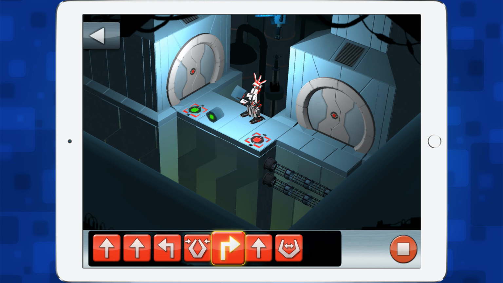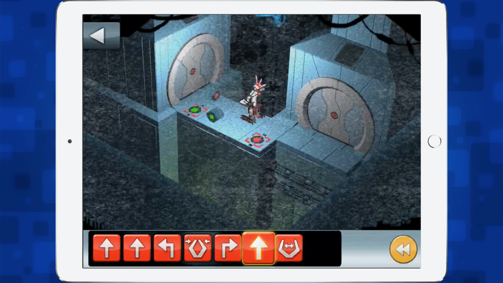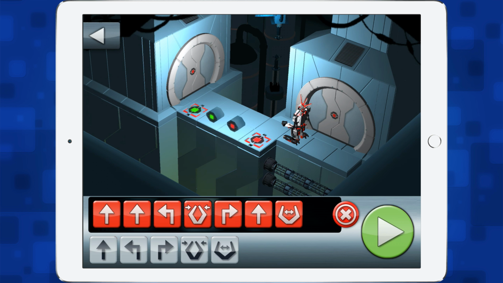Down. Okay, so clearly I've made a mistake there, so I have to now debug the problem. But you can see here how this is slightly more difficult, and as they go through the levels, it gets increasingly harder. So that's Fix the Factory, a great game that teaches them perseverance, resilience, and patience in order to